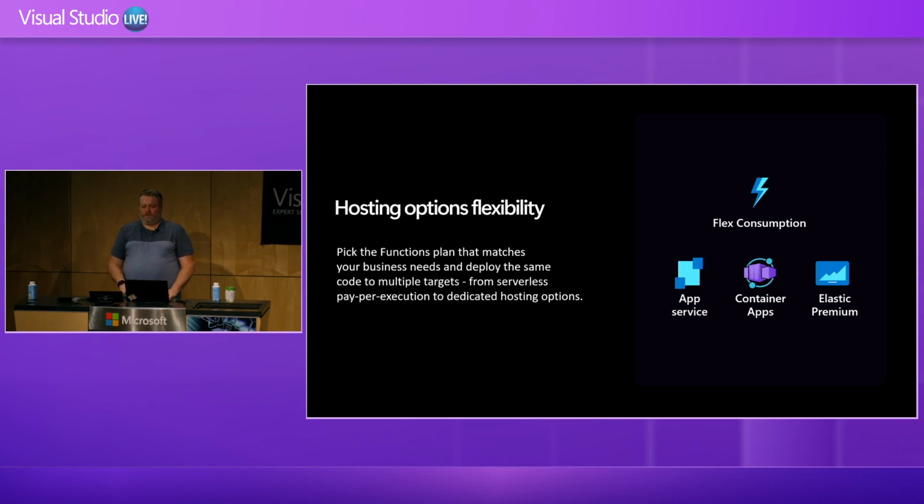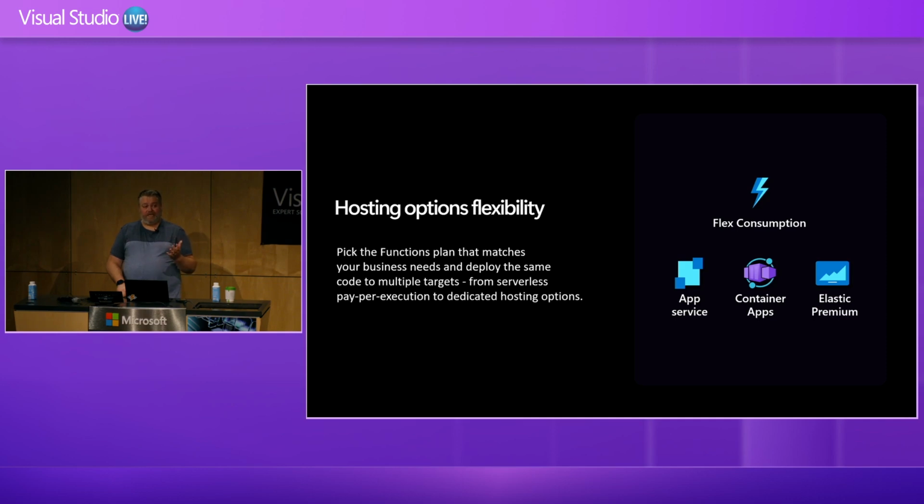Or if you want to have specific control of the scaling manually, you want to say, this app, I just want to have 2 instances of the standard plan. I won't scale out, it won't scale in, and that's where it's going to stay. So you need manual scaling. That's another option.